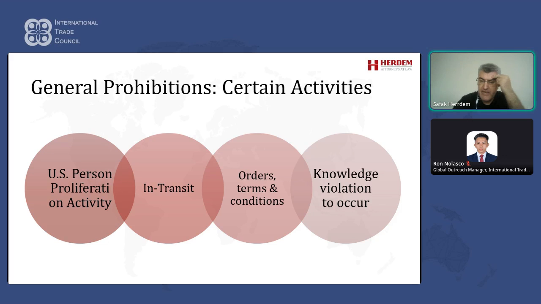General Provision 7 concerns the support of proliferation activities and certain military intelligence end users and end uses by U.S. persons. It prohibits certain activities related to proliferation and military intelligence by U.S. persons as defined in the EAR. Without a license from the BIS, U.S. persons are not allowed to engage in activities such as shipping, transmitting, or transferring items not regulated by the EAR to support the design, development, production, operation,